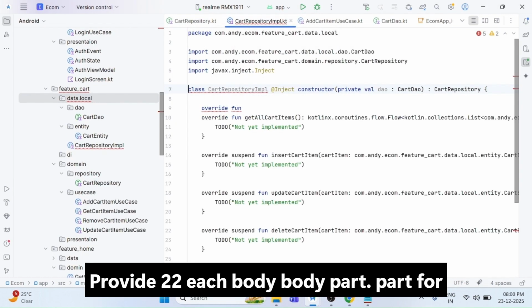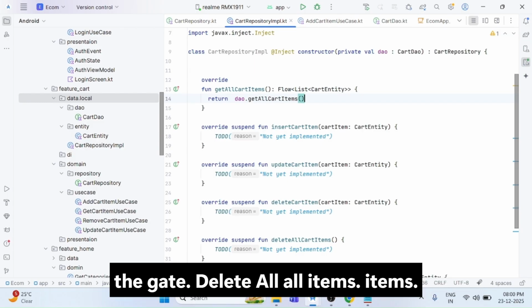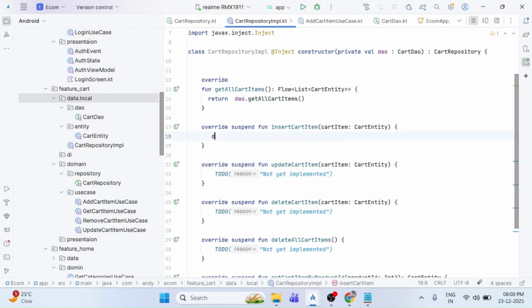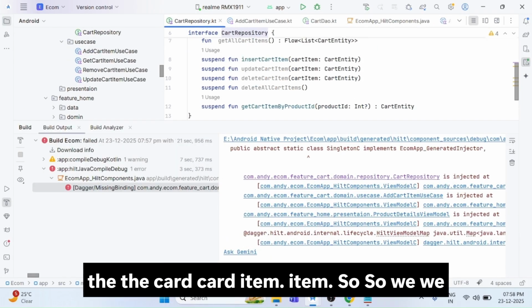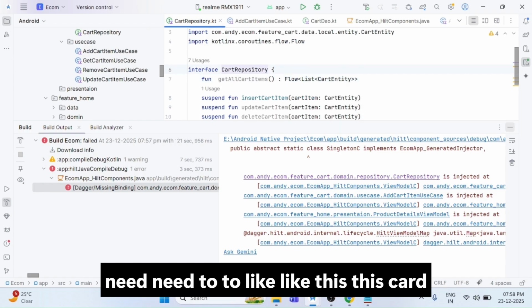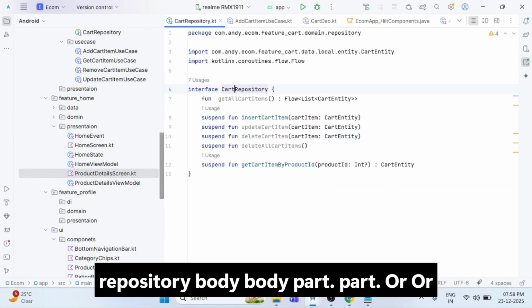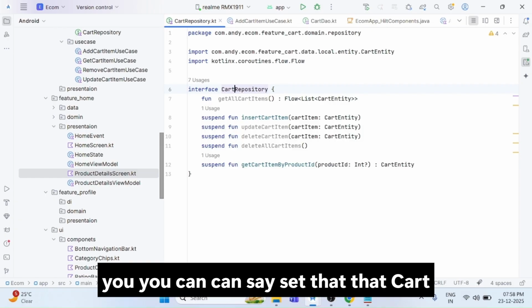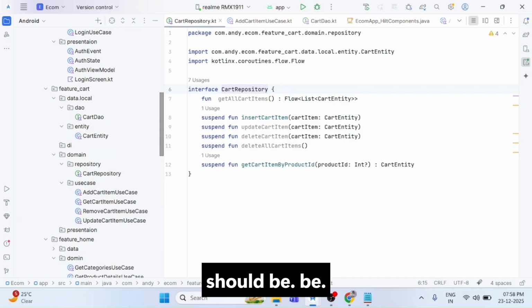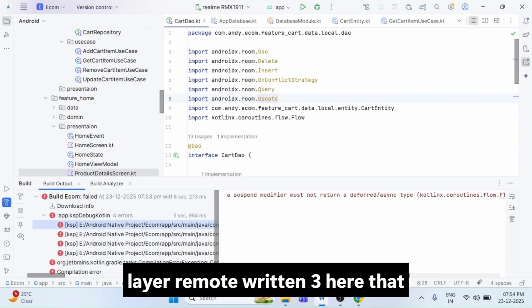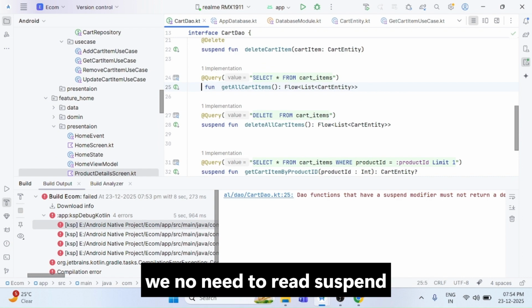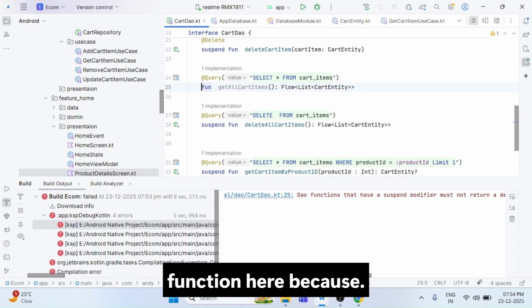And provide its body part. So for the get all items, insert item should be the cart item. So we need it like this: cart entity, cart repository body part, or you can say cart repository implementation. That should be in our data layer. Not written. So here we no need to add the suspend function because